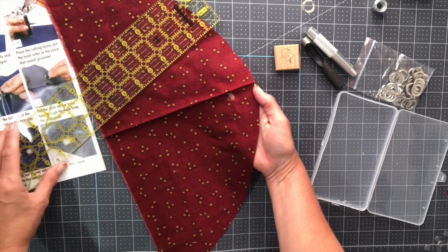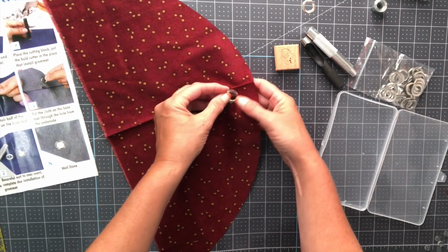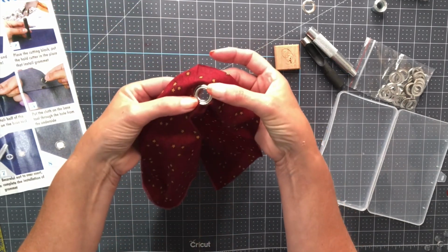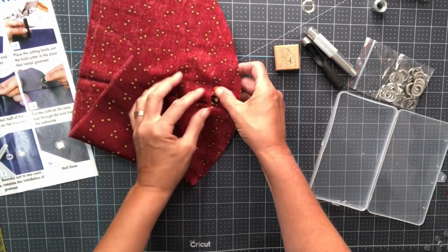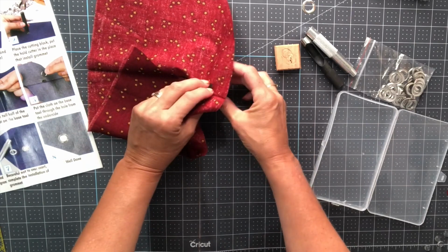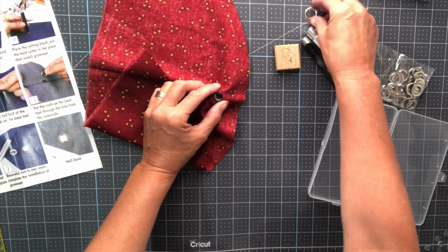Okay, then what we're going to do is we are going to take the top half of the grommet and we are going to put it in from the good side. Okay, so really key here, that's going to be your good side. Okay, then I'm going to roll it over. Okay, and I am going to place it on the base. This is the base that comes with it, and you're going to put it right there on that base. Okay, and then I'm going to put the cap on